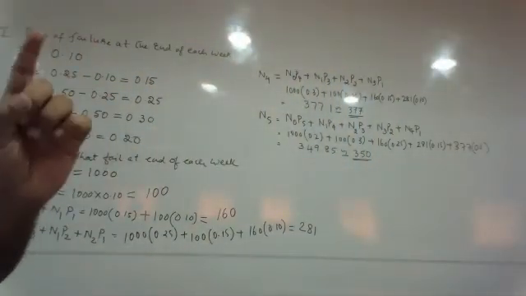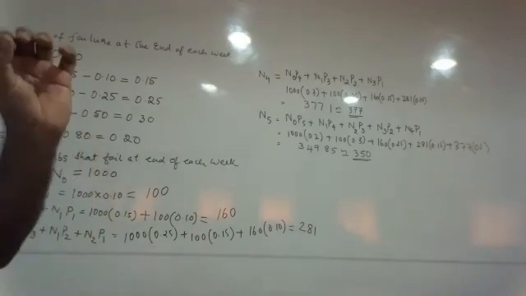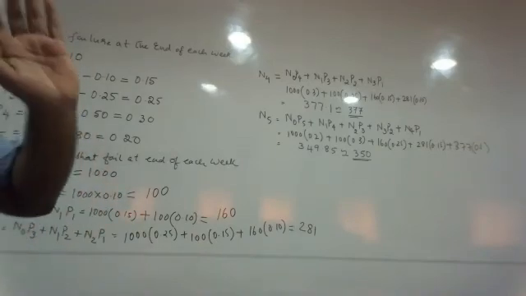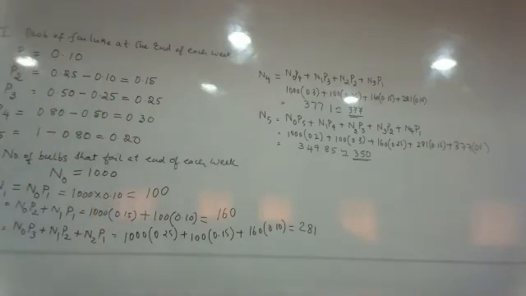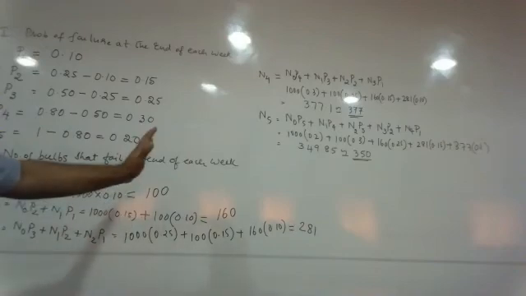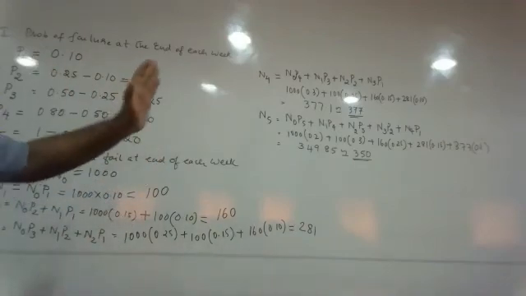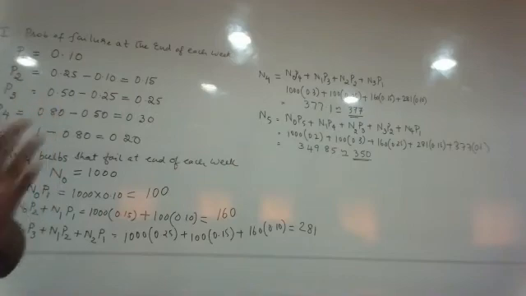In the first step only, we have calculated what percentage of bulbs are failed at the end of each week. That is step number 1. In step number 2, we have calculated exactly how many bulbs have failed at the end of each week by using the Fourier series or the numerical technique concept. So we have finished with the first and second step successfully.